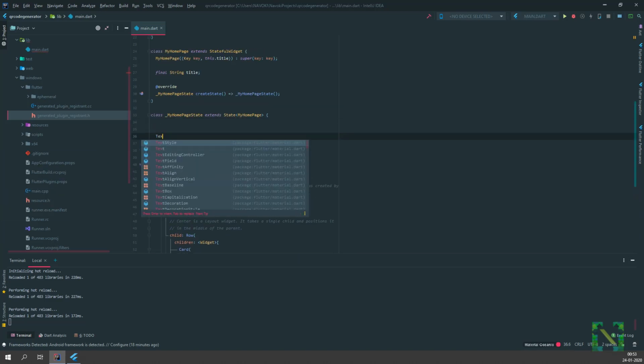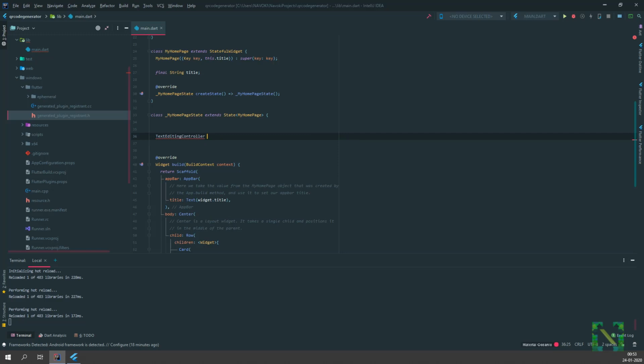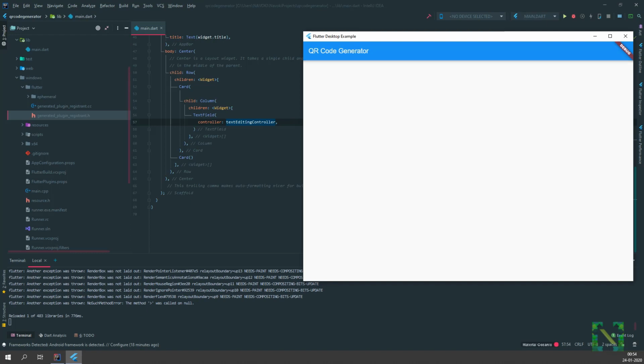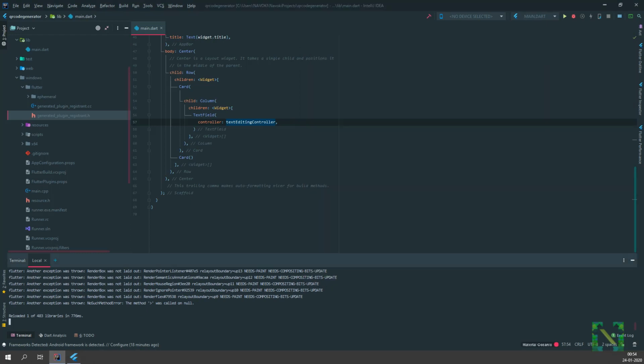Whatever the user types in the input field, we will get that through a text editing controller. The errors shown here are due to the dimension of the text field.